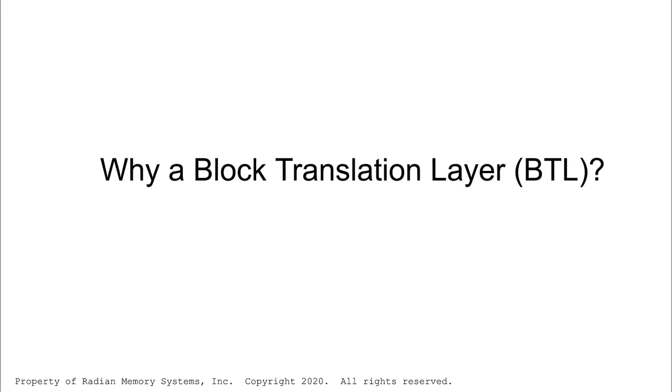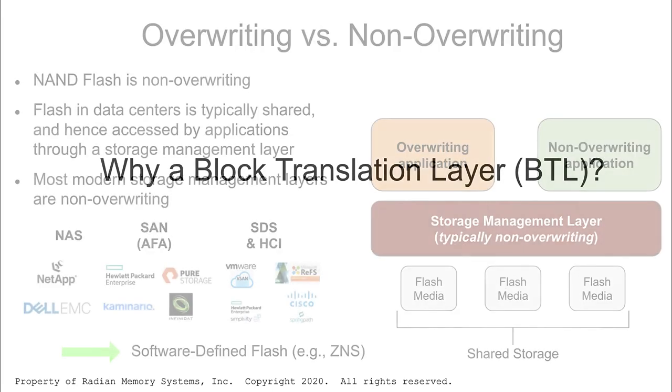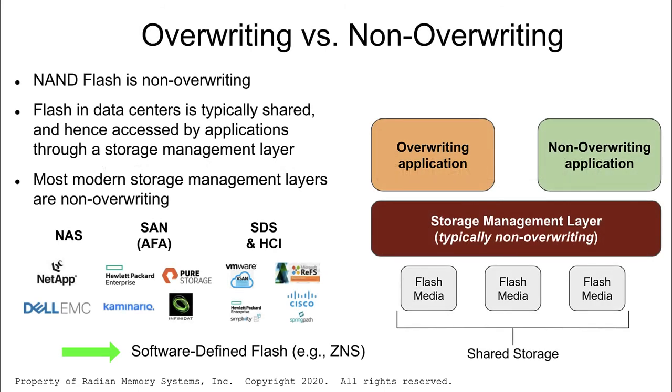So why might you need a block translation layer? Well, applications can be overwriting or non-overwriting. Relational databases tend to be overwriting, like Oracle or MySQL, while NoSQL architectures are more likely to be non-overwriting, like Redis or Cassandra. As most people know, NAND flash does not support in-place updates and wants data to be programmed sequentially. But what's less recognized is that in data centers, storage devices are typically shared over multiple servers, virtual machines,